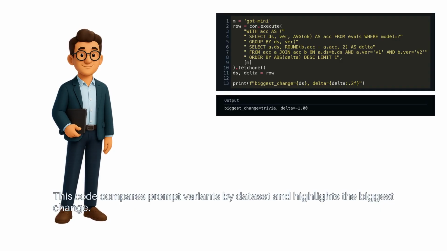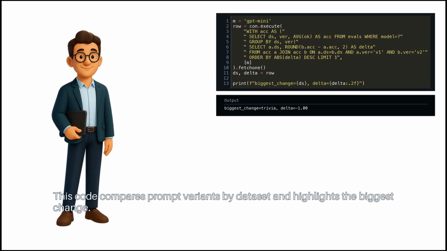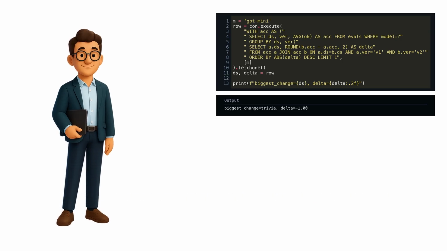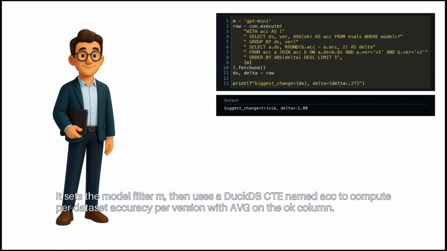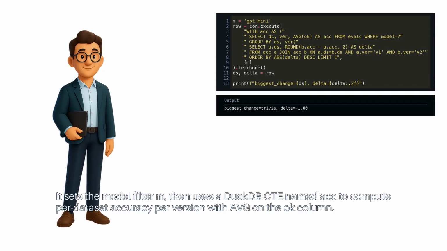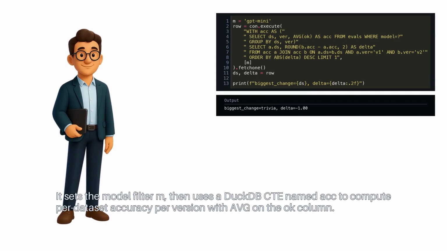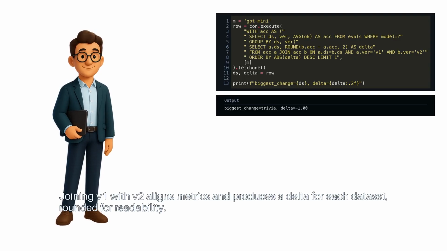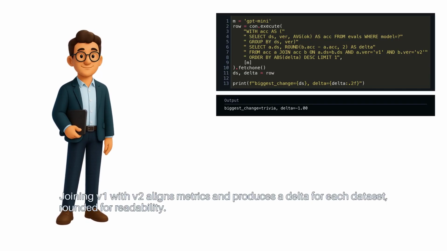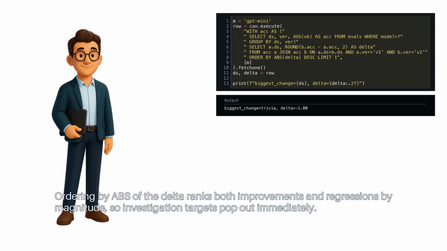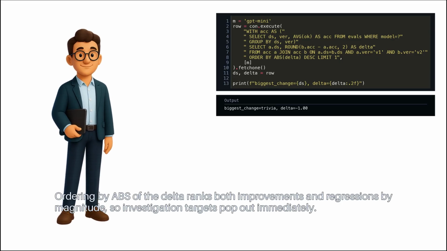This code compares prompt variants by dataset and highlights the biggest change. It sets the model filter M, then uses a DuckDB CTE named ACK to compute per dataset accuracy per version with AVG on the OK column. Joining V1 with V2 aligns metrics and produces a delta for each dataset, rounded for readability. Ordering by ABS of the delta ranks both improvements and regressions by magnitude,